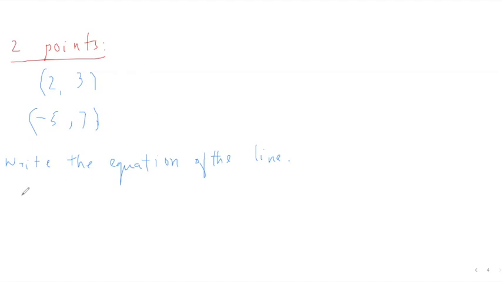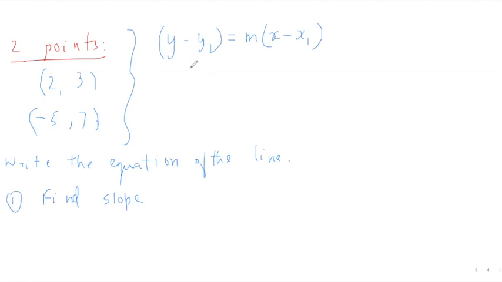So the first step that we need to do is find the slope. Because we are targeting the method y minus y1 is equal to m into x minus x1, where we'll find the slope, that's m, and work it out in this equation. And the other thing is we'll use one of those 2 points that's given. We'll pretend that one of those 2 points is x1, y1 and substitute it. So x and y, of course, remain as x and y. Okay, so that's what we are targeting to do. First, find the slope. How do you find the slope? M is equal to y2 minus y1 divided by x2 minus x1.